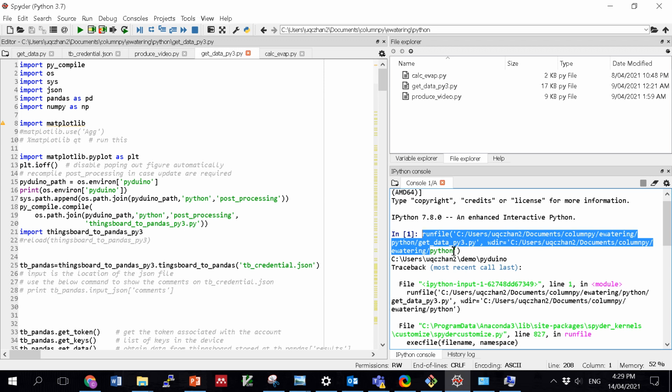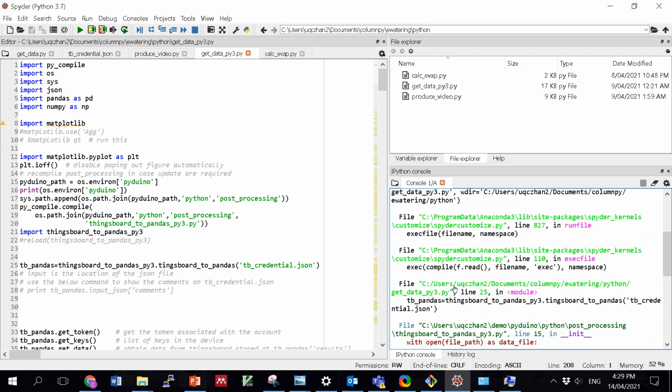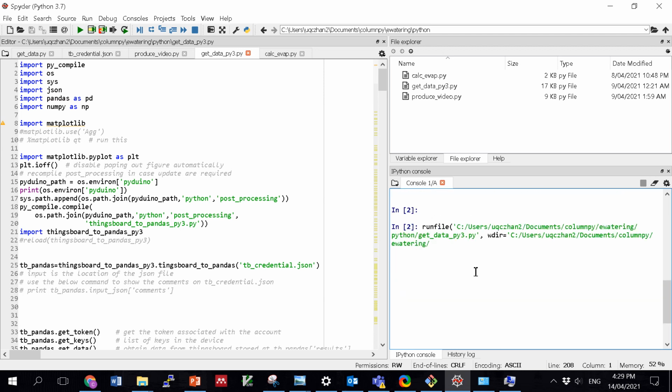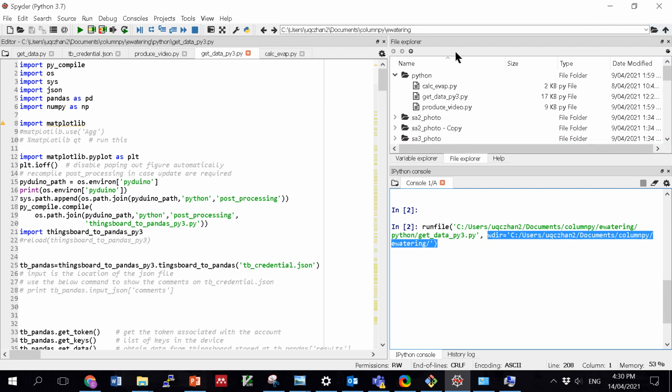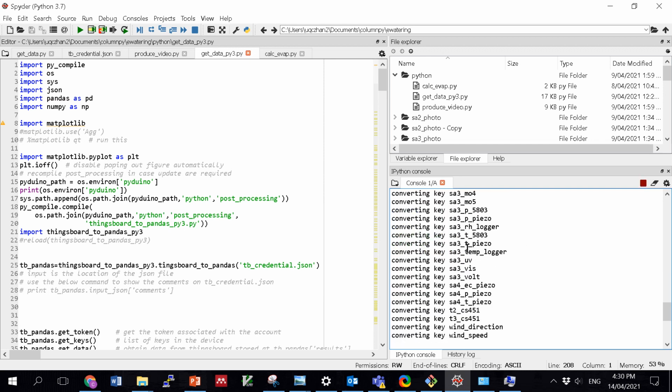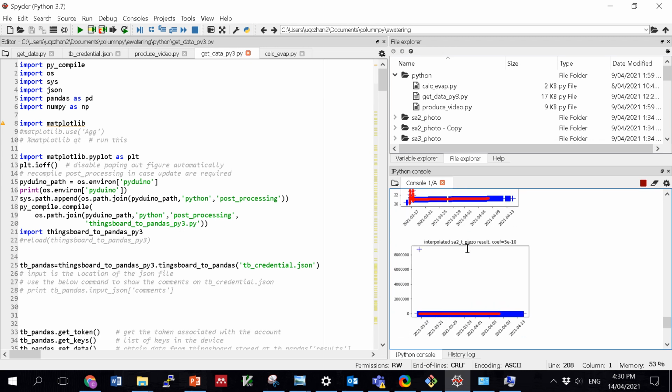So in this case, you could quickly do run file, and then put a slash. Basically, you run that Python file, but your working directory is in here, right? Then, if you run that command, you'll be able to see that something is coming up. A lot of stuff is going on. You come up with a lot of graphs, and this is a little bit